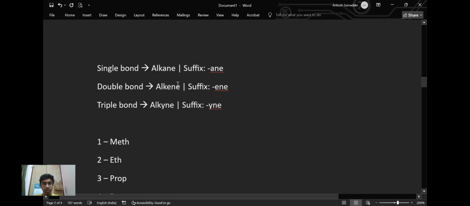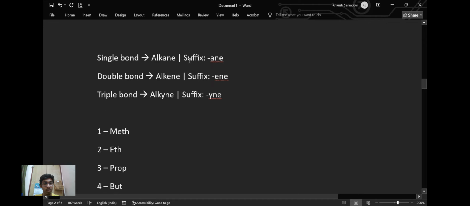Alkene will be used, and suffix ene will be used, right? Suffix ene will be used. When there is a triple bond, the suffix yne will be used, from alkyne. Okay, from alkyne yne will be used. From double bond, alkene, from the alkene ene will be used. From the alkane ane will be used. Okay,